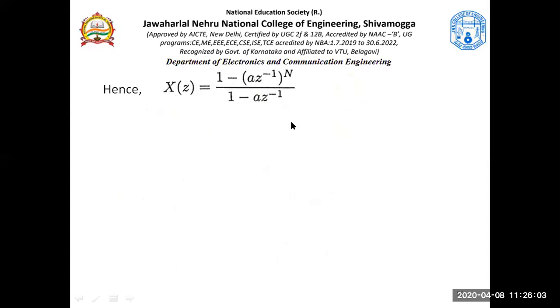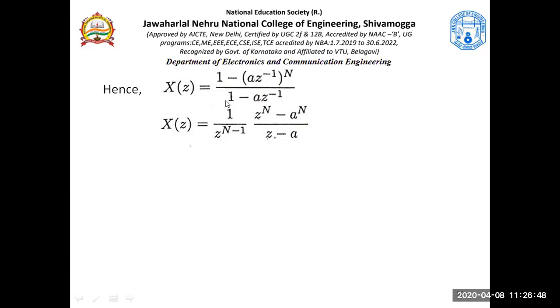Now, in finite sequences, we don't deal with ROCs when z inverse is there. Let's understand that. So what do we do rather? We try to express this in terms of z. Now see here, you have (1 minus a z inverse) to the power n. So take this z to the denominator. It would become a power n, and in the denominator you will have z to the power n. And here also you have 1 by z, instead of a z inverse.